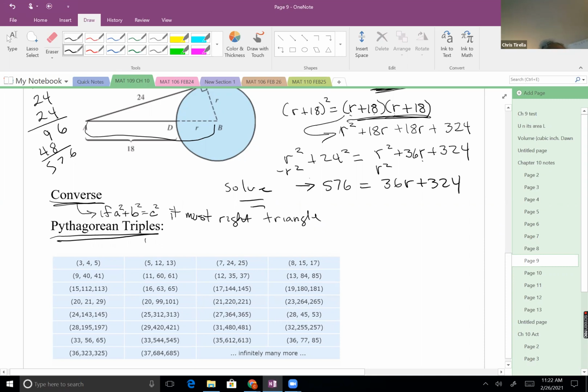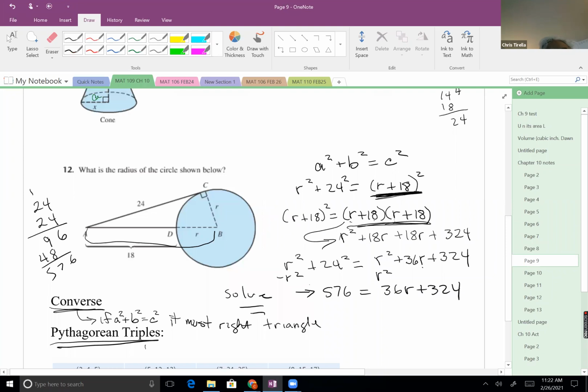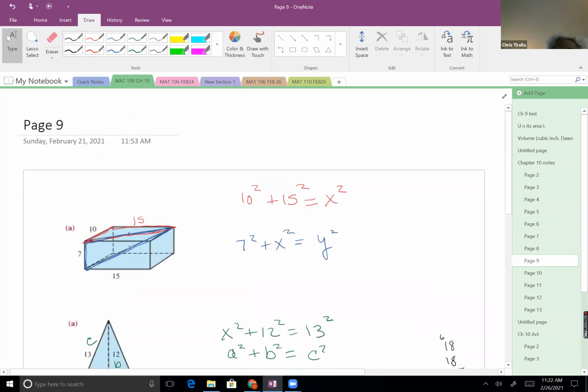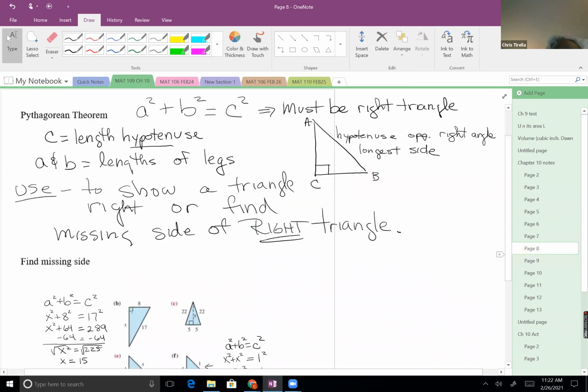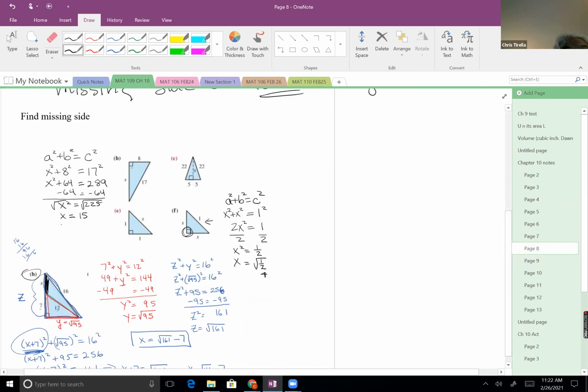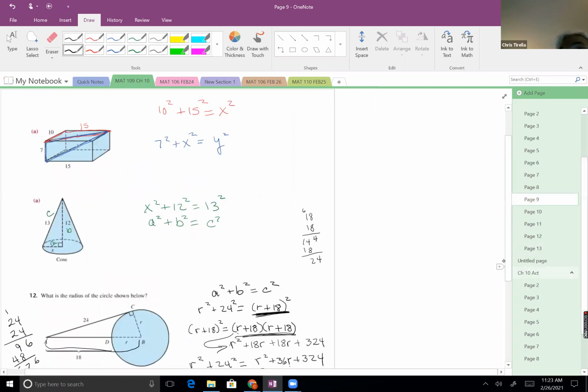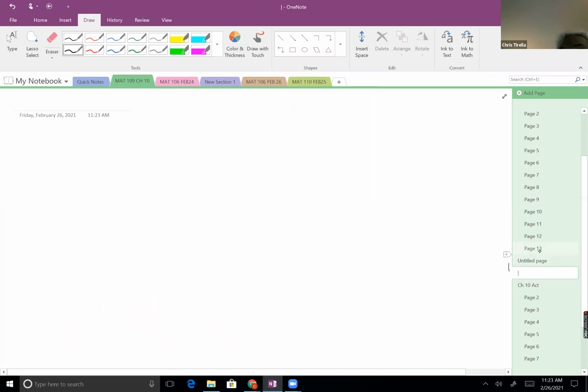If you notice, going back a little bit, preceding page, when we used the Pythagorean theorem, some of them gave us whole numbers, but a lot of them didn't. You can get into radicals very quickly with the Pythagorean theorem if you just use any two numbers for the sides that you know. If you want to make sure that you get whole numbers,